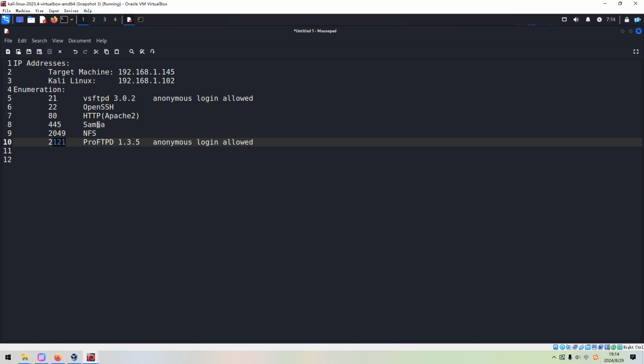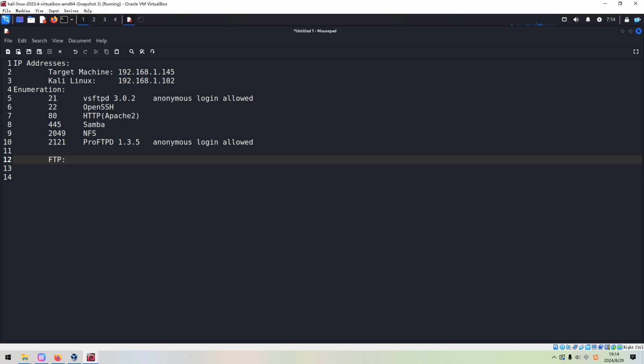This machine is running several file servers. So next we can emulate each of the file sharing services, and the first one is 21. So how do we emulate it? For the FTP service running, I'd like to make a recap. Now we have already logged in.